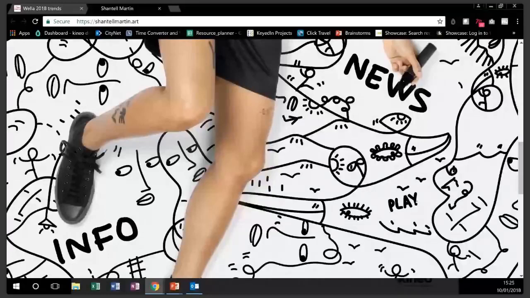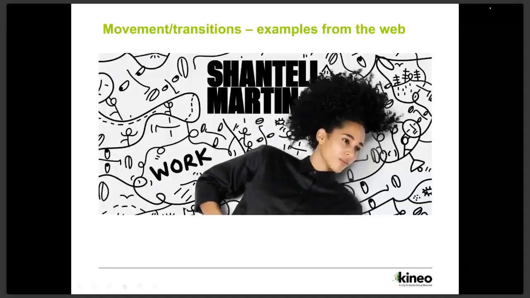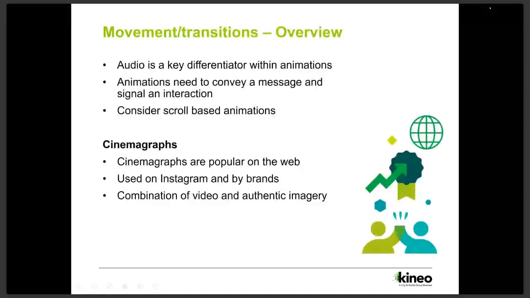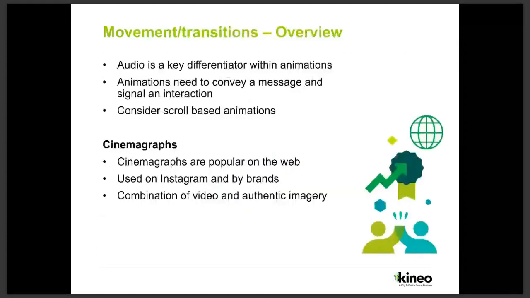Okay, I'll go back. So scroll-based animations, it's worth looking at some like what Apple have designed over the years. It's a really good way of getting technical information across. Obviously, the other big popular thing on the web is the use of cinemagraphs, which are quite nice.